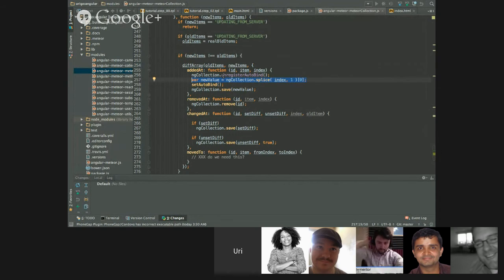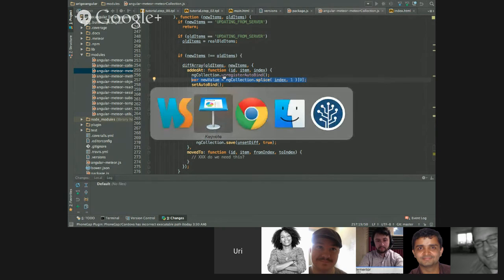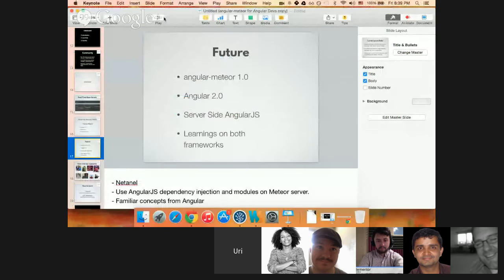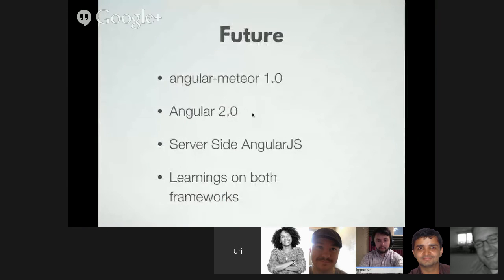It makes the one source of truth not the scope data, but the local database. And this philosophy is much more similar to Angular 2.0 than Angular 1.0. So we're already doing that here. So I think using Angular Meteor already gives you a little bit of the philosophy of Angular 2.0.